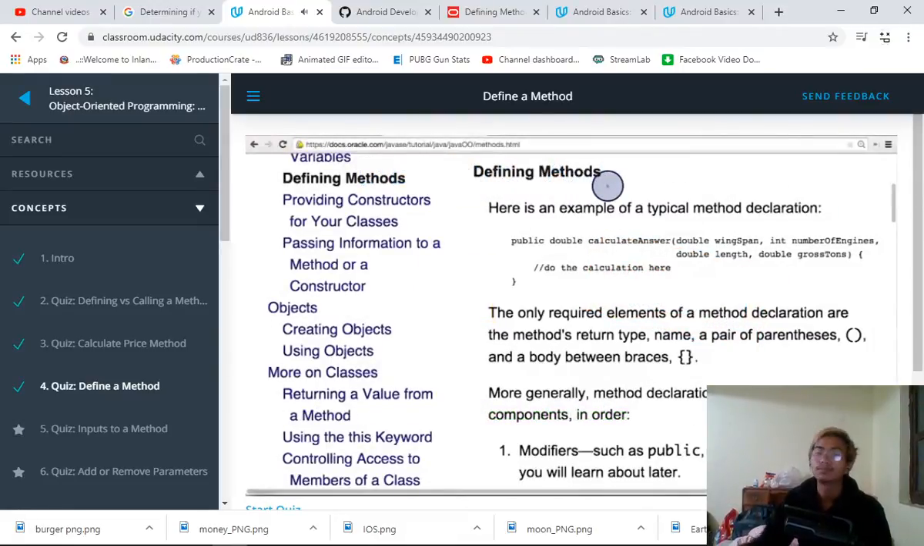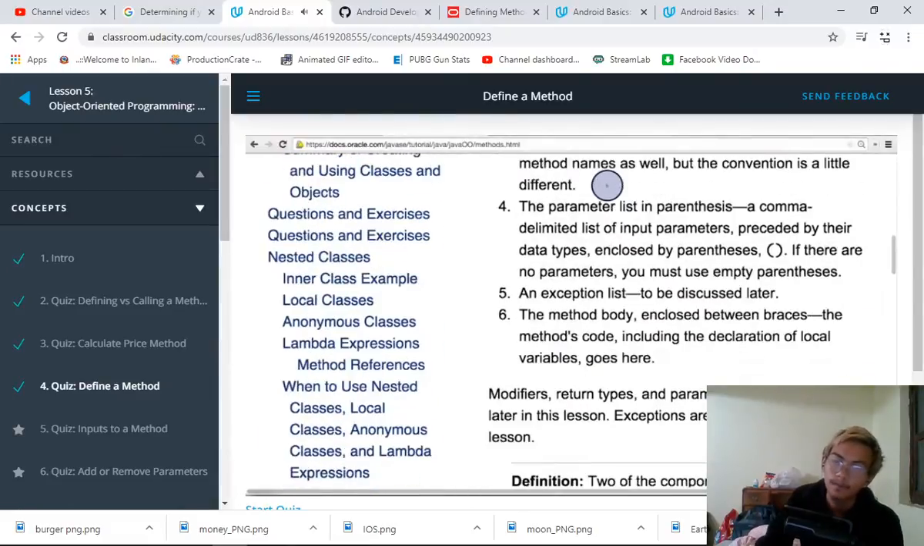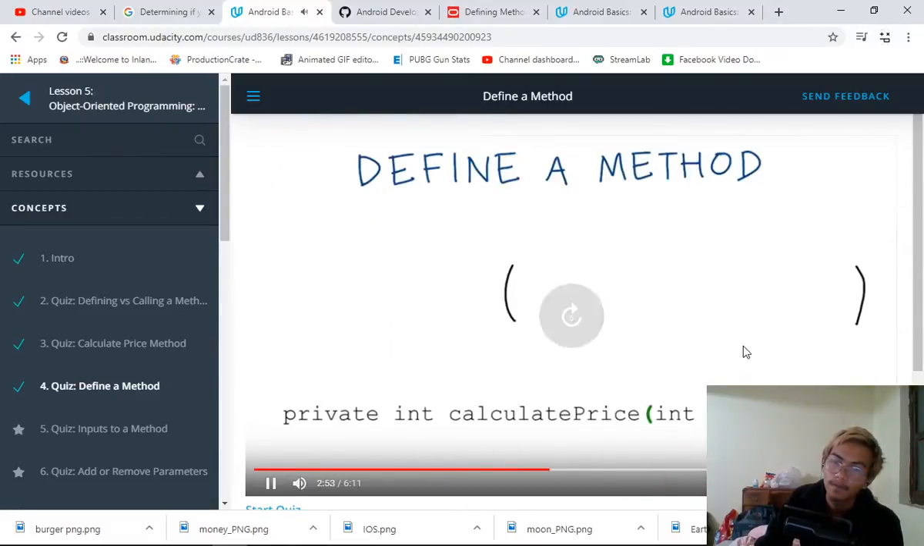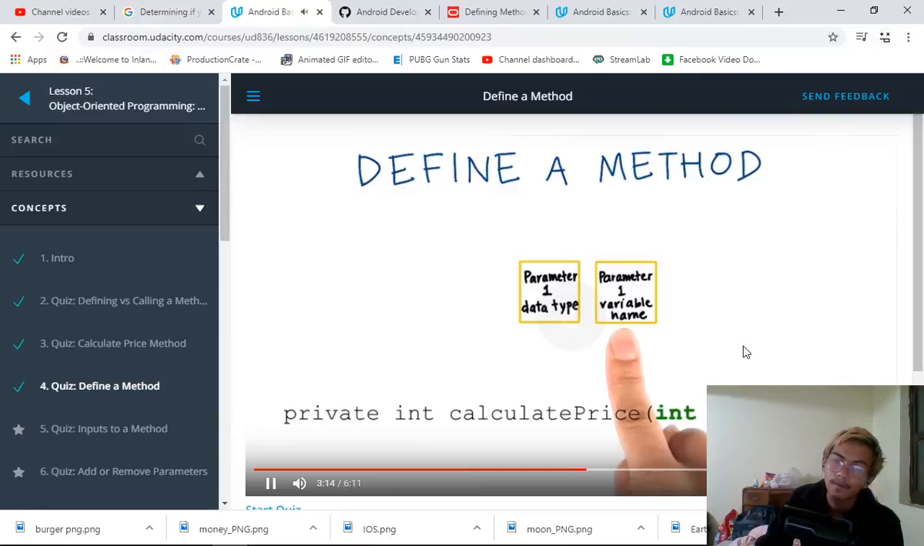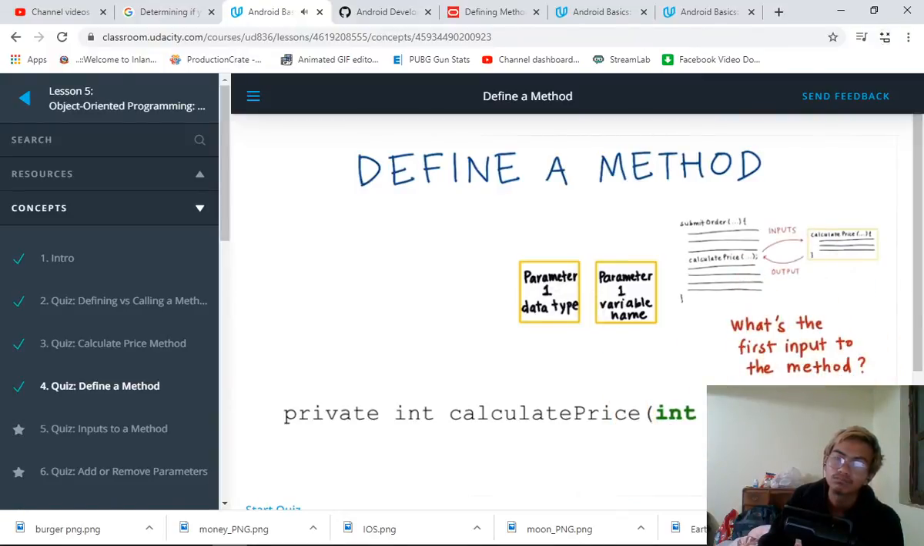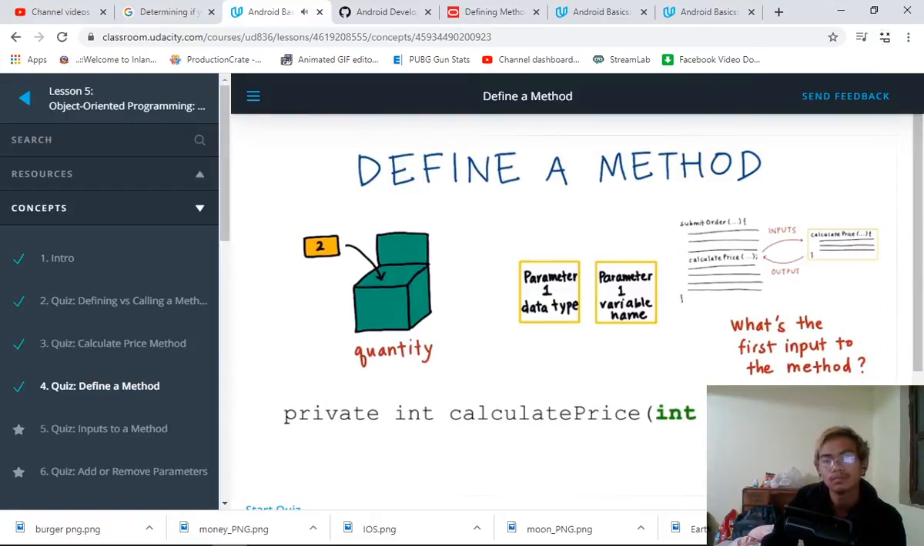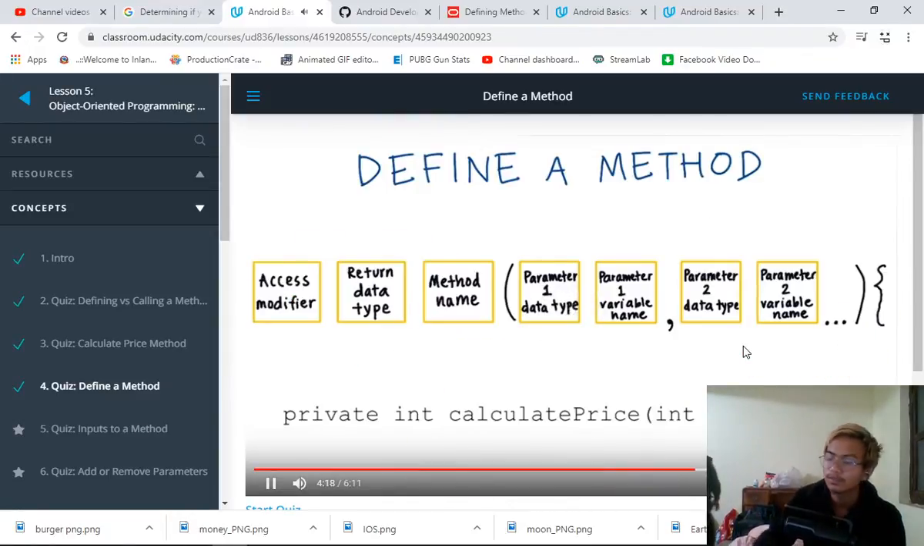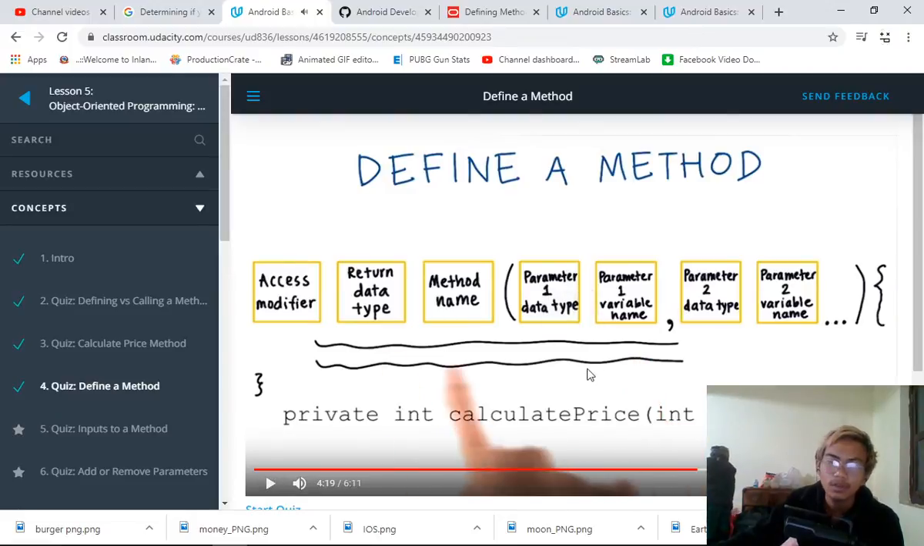In the same documentation about defining methods, we can scroll to the name that we choose for it. So from the diagram of inputs and output, this is going to be the first input to the method. Within this method, then you can refer to the quantity variable. You can write a list of all the instructions within your method. This is all the basics of